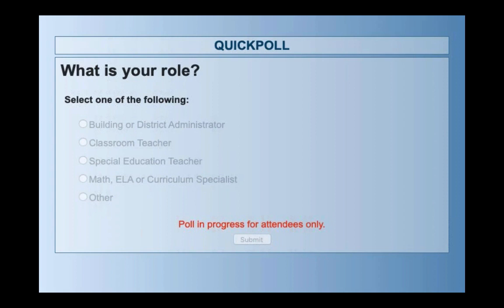Math, ELA, and curriculum specialists are getting up there. Classroom teachers, right now at 10%. Special ed teachers are 5%. I think everyone has voted actually. So mostly it's building and district administrators, and classroom teachers, and curriculum specialists.